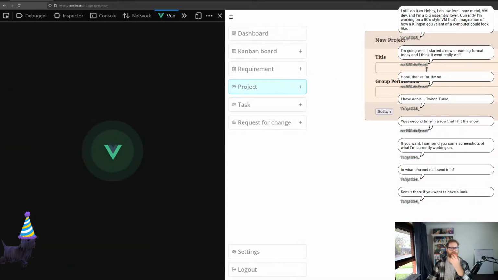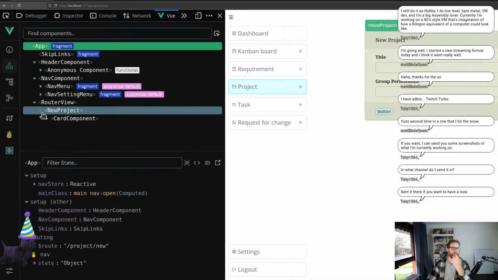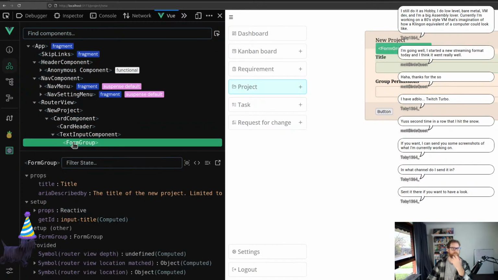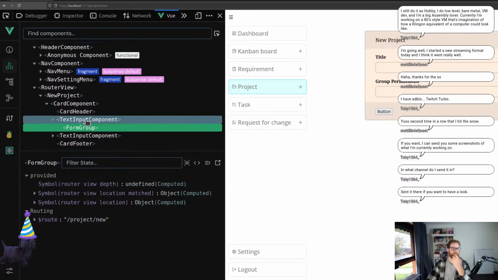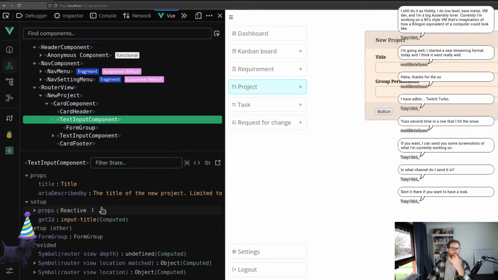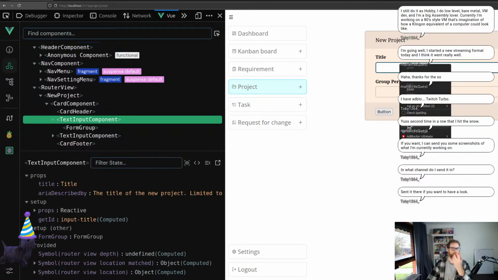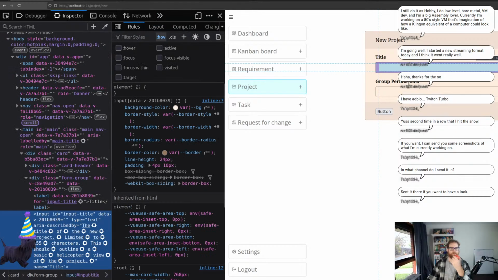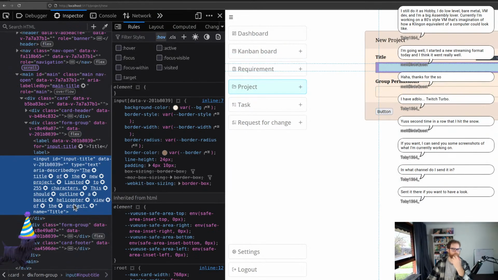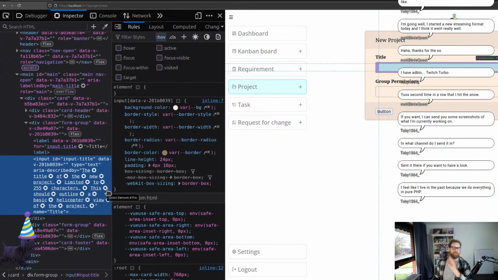Just going to hit refresh. Going to have a quick look at this. It's not. I've got the props, text input component, all right, that's there. Sweet. But for some... All right, if I inspect that... Oh, there it is. Yep, that's working perfectly fine. All right, so if I go to accessibility now,